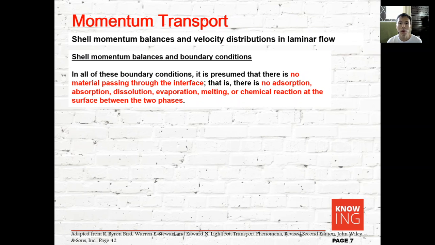In real chemical engineering systems, however, you cannot get just a single process like only momentum transport or heat transport or mass transport, because normally two processes happen simultaneously, such as heat transport occurring with momentum transport, or heat transport occurring with mass transport. However, in order for us to understand momentum transport, we will focus mostly on momentum transport while assuming that the other two processes are absent.